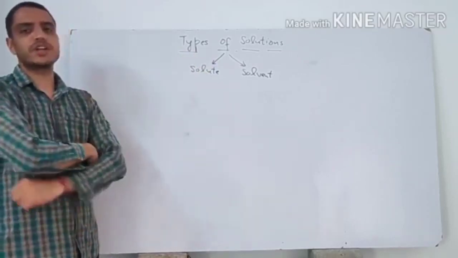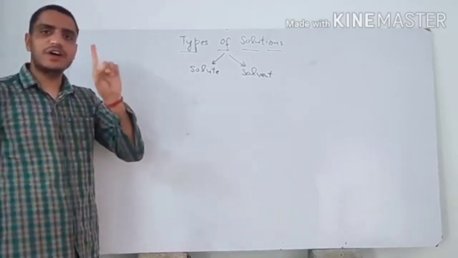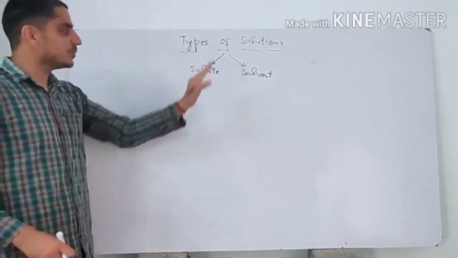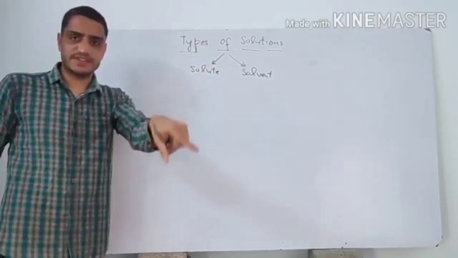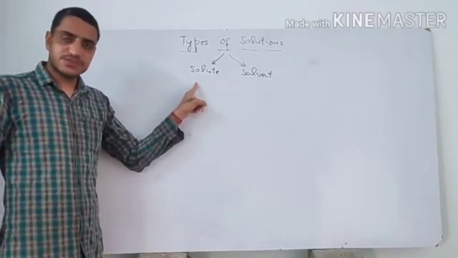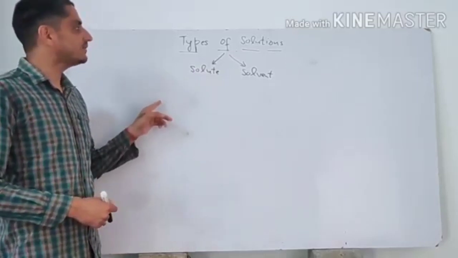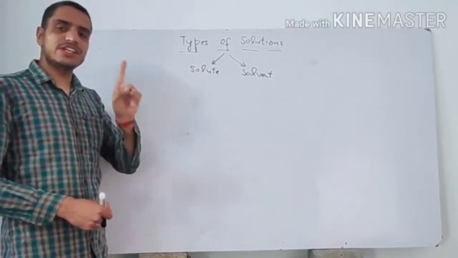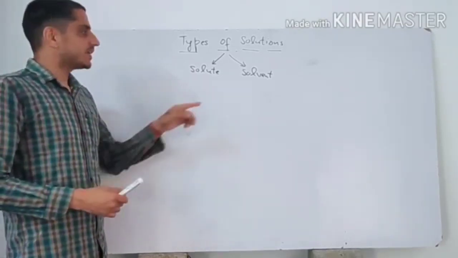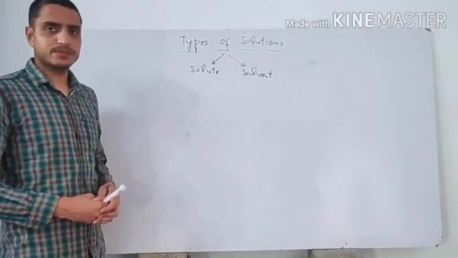But when you make a solution from sugar and water, the sugar dissolves and only one phase is there, and that is liquid phase. So you see that in the making of solution, the solute loses its phase. Phase means solid, liquid or gas. In the making of solution, the solute loses its phase, whereas the solvent maintains its phase. This is a very important point. Sugar will not be solid now, it will get dissolved. But the solvent, that is water, will retain its phase and be in the liquid state only.